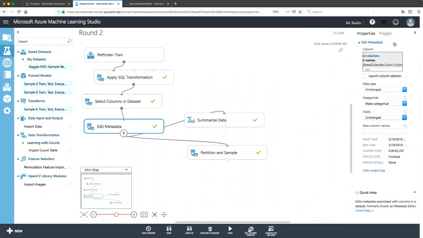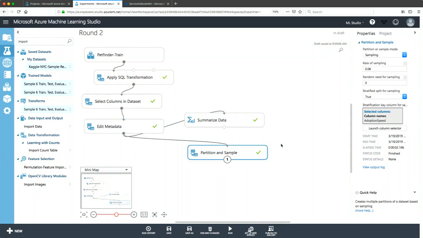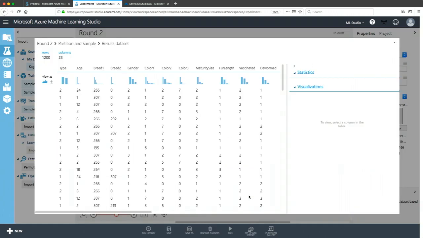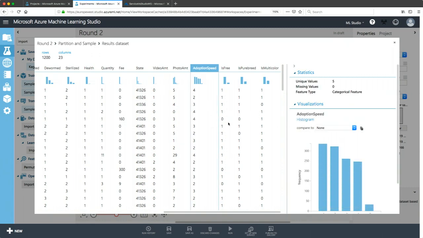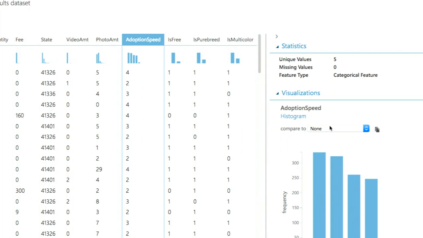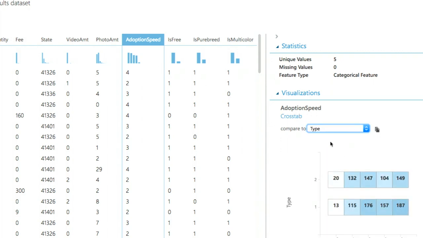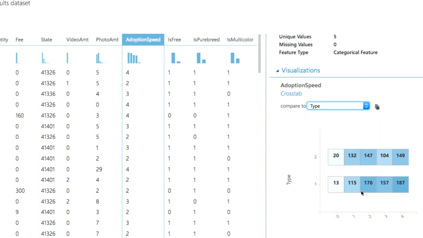Furthermore, if we have a sufficiently small number of rows, which I achieve by running a partition and sample, so I'm selecting a small subset of the data set, we could also compare the columns and see how they correlate with each other. So let's see, maybe, you see, I have an option here to compare, and I can compare adoption speed with other fields, such as type, and see that cats are adopted faster than dogs, which I'm sure they deserve.